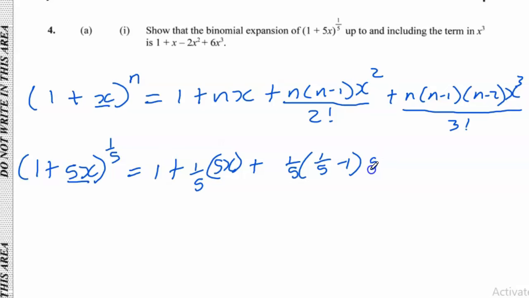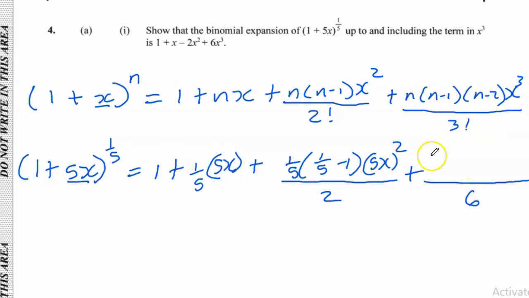Remember we're replacing x with 5x, so (5x) all squared over 2 factorial, which is 2 times 1, which is 2. Final term, 3 factorial in the denominator, 3 times 2 times 1, that's 6. So n, that's 1/5 into 1/5 minus 1 into 1/5 minus 2, times x cubed, but remember we're replacing x with 5x, so (5x) all cubed. So we end up with